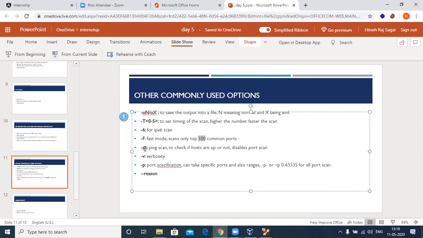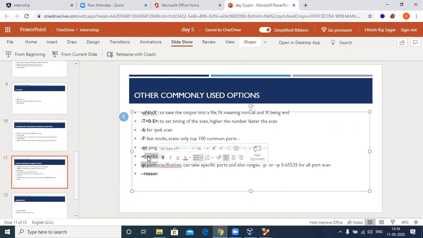Okay. The next is ping scan. I think at the start of this session, we already discussed ping scan too. This goes with the same functionality as how Angry IP Scanner runs. So there is no port scanning here. By default, it runs with the 1000 ports. When you put it with a ping scan, it doesn't scan any port. It just sends a request and gets an acknowledgement that yes, this particular host is up.